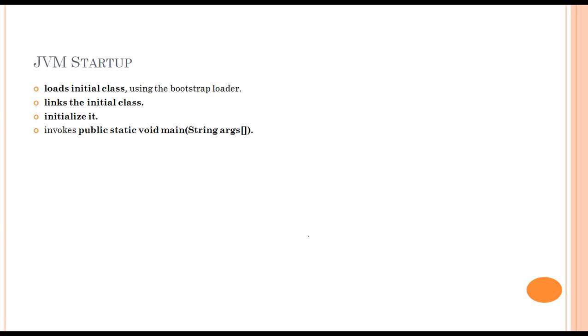Let's first understand what exactly happens whenever a JVM is started. So whenever we run a command from command prompt and say, let's say, java, your class name, a Java instance is created, and as part of the Java instance creation and startup process, the initial class gets loaded into the memory. Along with the initial class, there are other runtime classes that are required in order to run the entire application, and those also get loaded using the Bootstrap loader. We will discuss the Bootstrap loader in a few other slides.